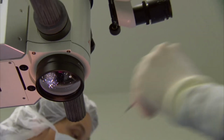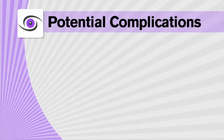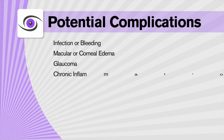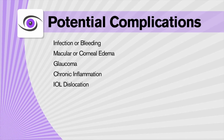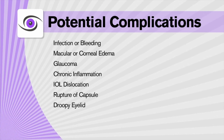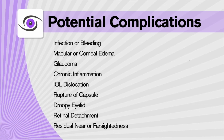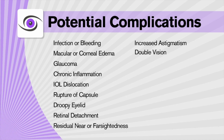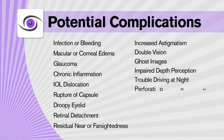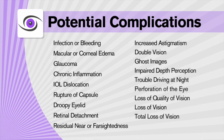Although cataract surgery is among the safest medical procedures performed today, side effects and complications could occur. Some of these potential complications include infection or bleeding, macular or corneal edema, glaucoma, chronic inflammation, IOL dislocation, possibly requiring removal or replacement, rupture of capsule that supports the IOL, droopy eyelid, retinal detachment, especially for patients who are very nearsighted, residual nearsightedness or farsightedness, increased astigmatism, double vision, ghost images, impaired depth perception, trouble driving at night, perforation of the eye, loss of quality of vision, loss of vision, total loss of vision, and even loss of the eye